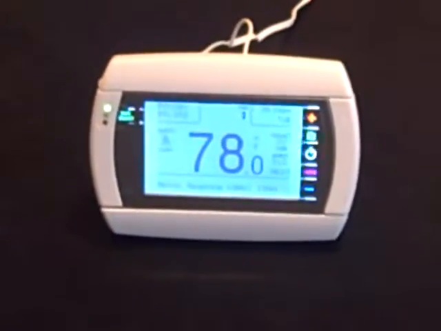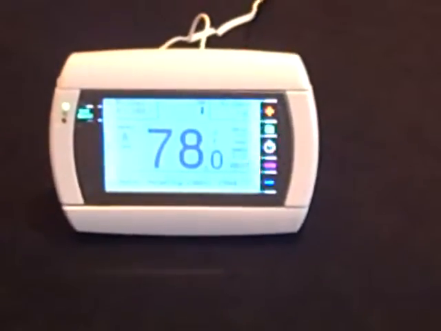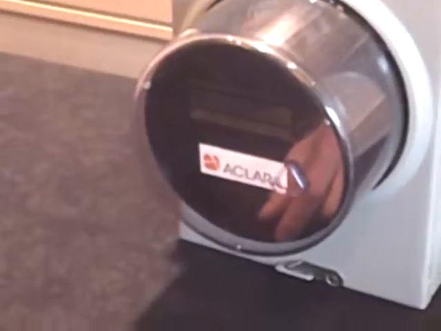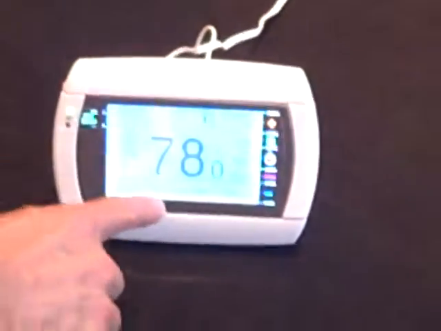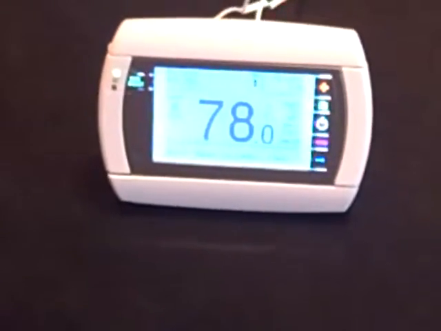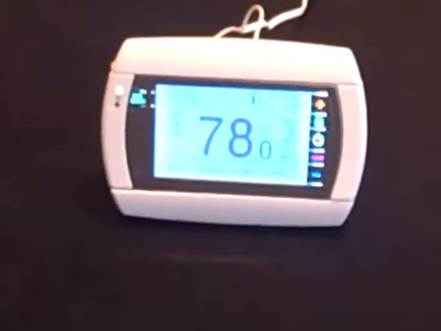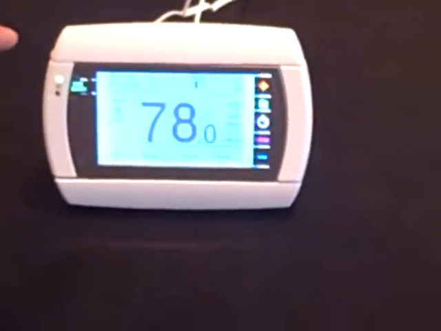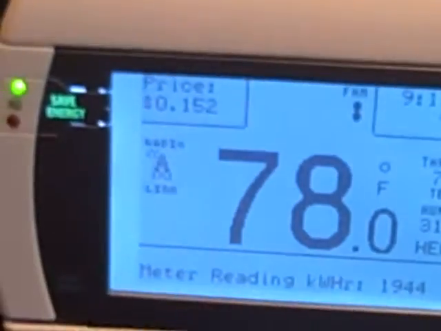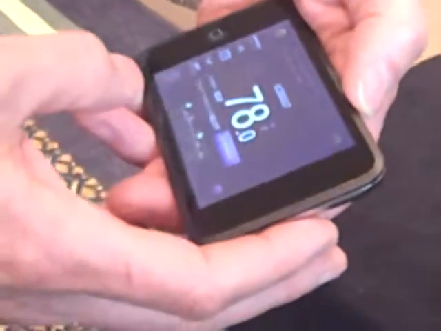Here we've got the Wi-Fi thermostat, similarly connected in through the internet plus to the other devices. And you can see here, it's cycling right now. There we go. 1944 kilowatt hours, and the thermostat can be displaying that. That's just an example of a user display for the smart grid, and it could be other applications as well. So it can be supporting the pricing information. Then with the other Wi-Fi devices, like the iPod Touch here, we've got an application here. Let me just